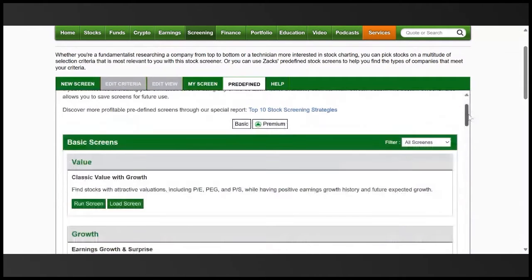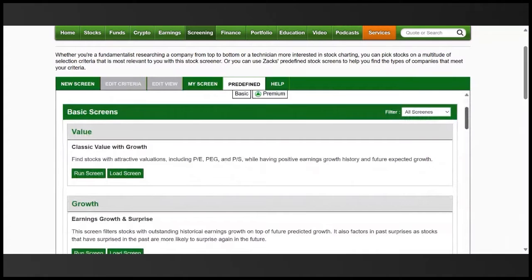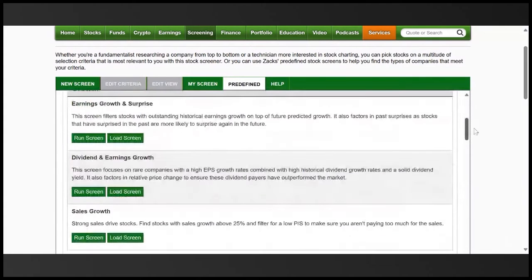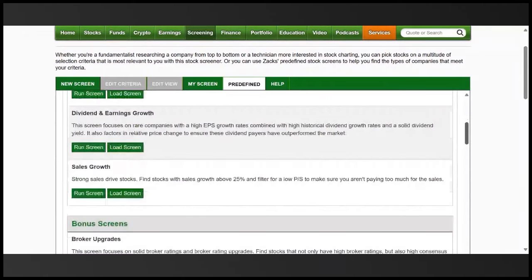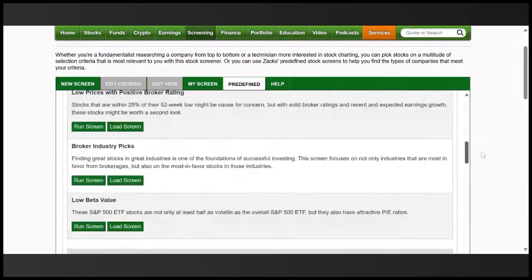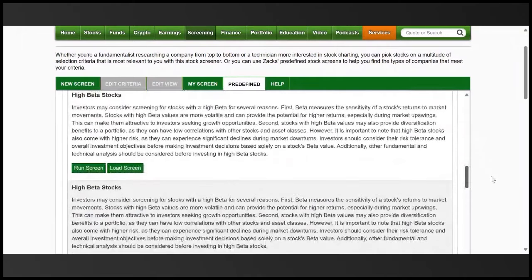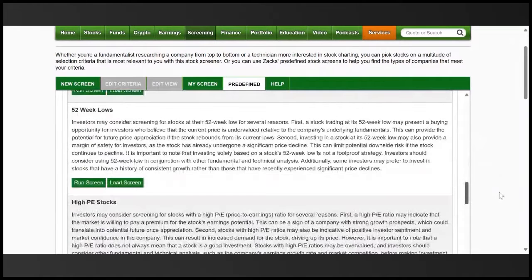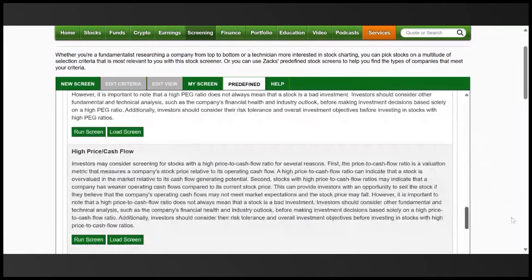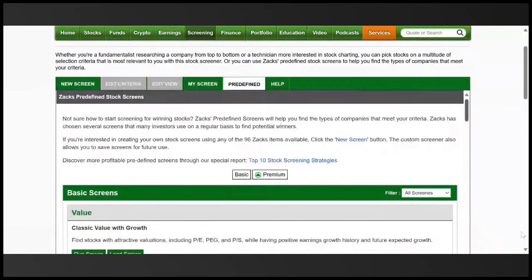So I'm clicking on that and I can see a bunch of screens. These are just basic, but still somewhere to start. And some of these, although Derek and I were looking through them, some have the rank in them, some do not, because the rank is more of a premium thing. So it's more exclusive, let's put it that way. But we were looking through these ahead of time, and there was at least one of them, right, Derek, that had the rank in them. I don't remember. Maybe it was this high beta stocks. There was 1 or 2 of them down here that had the rank in them. So not all of them will have the rank, but either way, these screens are still a great tool if you just want some